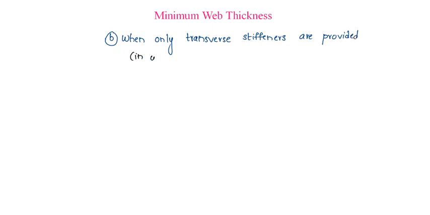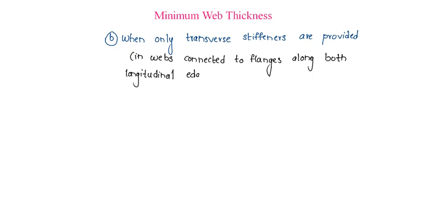whereas the other one is when only transverse stiffeners are provided in webs connected to flanges along both longitudinal edges. Then the first case is when 3d is greater than or equal to c is greater than or equal to d, then d by tw should